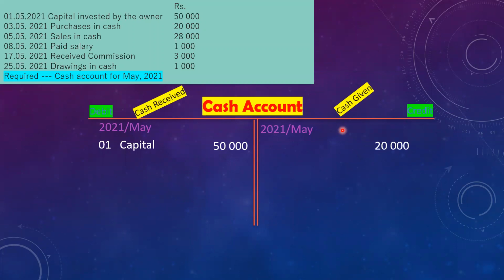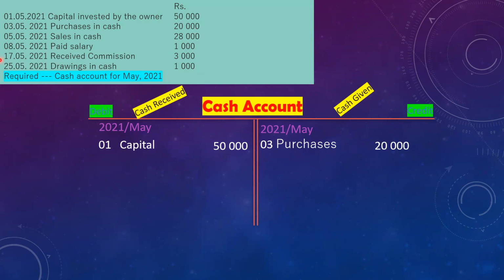The detail should be 3rd of May 2021. So 3rd purchase. Purchases or purchase is enough. Even if they say bought goods, you don't want to write bought goods. You must write purchase. Purchase is the word used for bought goods. 20,000 rupees. You write with me, okay? When I am explaining, you write with me.